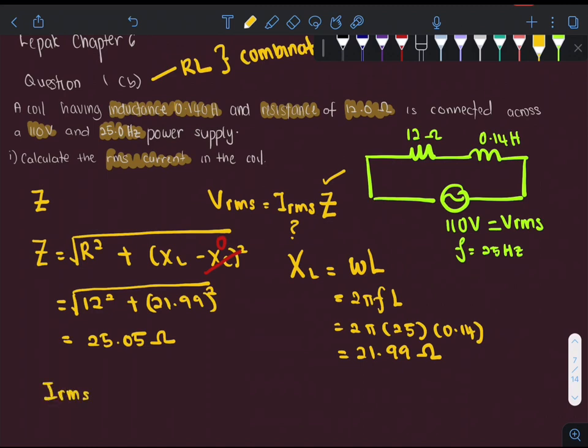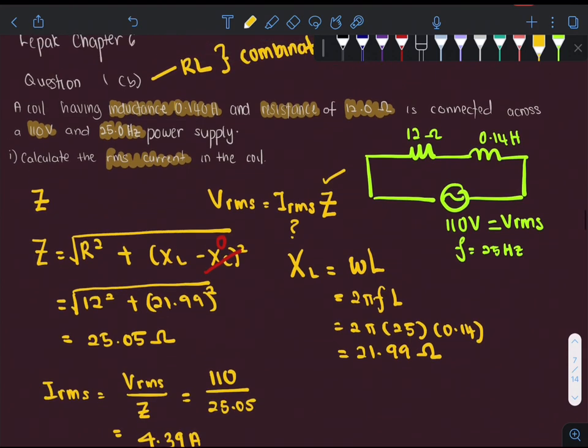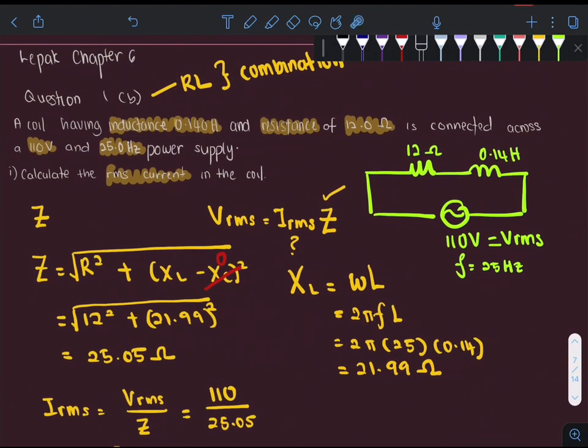Rearranging the equation, IRMS is equal to VRMS over Z. We have VRMS as 110, given in the question. The impedance we have deduced, and we get our IRMS as 4.39 ampere. Okay, so the important thing here is to identify the type of circuit before we find the IRMS, as the